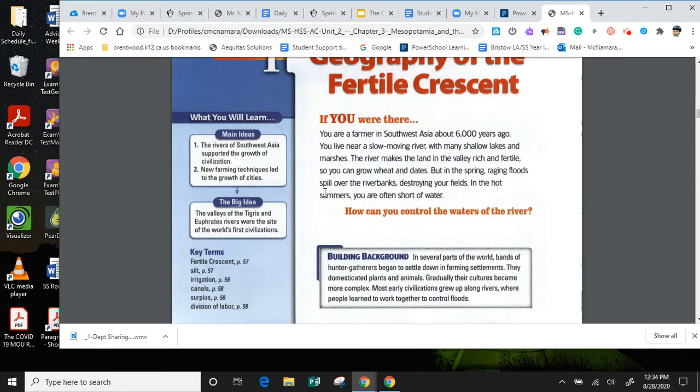So, what this section and a lot of the future civilizations we're going to study talk about is how the civilizations sort of popped up along rivers. And I think you guys could probably make a lot of good inferences about why that was. Like, why would people want to live near a river? Well, there's a lot of reasons, and we're going to study those. So, how do you think they controlled the waters of the river? If it's too high and it's destroying things, how could they keep the water from flooding everything, and in those hot months when everything dries up, how do they still maintain a water supply for everybody and their crops? That's another thing we're going to explore.